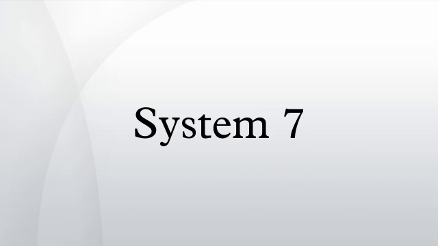System 7 is a single-user graphical user interface-based operating system for Macintosh computers. It was introduced on May 13, 1991, by Apple Computer. It succeeded System 6, and was the main Macintosh operating system until it was succeeded by Mac OS 8 in